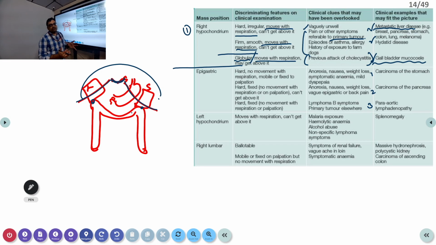So any mass which you are palpating clinically, if you are able to palpate some mass from the abdomen, some mass in the stomach, usually it indicates that the patient has late stage stomach cancer. Okay, that will be a late stage stomach cancer. So anyway, if you are palpating, most of the time it will be late stage cancers.